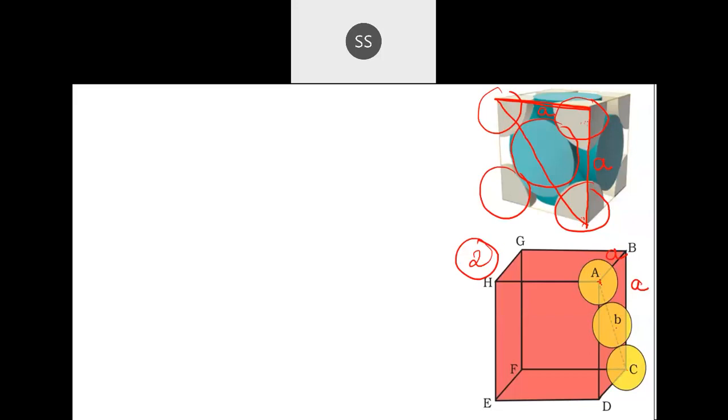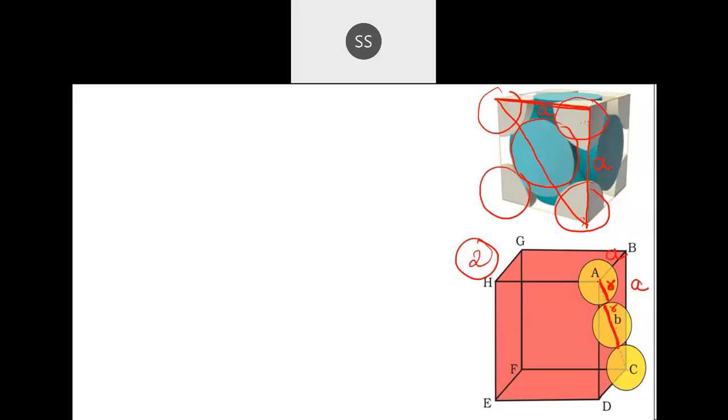Now see, 3 atoms are there, no? But how much part is coming over here on the diagonal? This is also called the face diagonal, okay? So only the R part, only the radius part of this corner atom comes over here. Only the radius part is coming. Come to this second atom. Here, the full diameter is coming, correct? So that means the full center atom is coming over here.